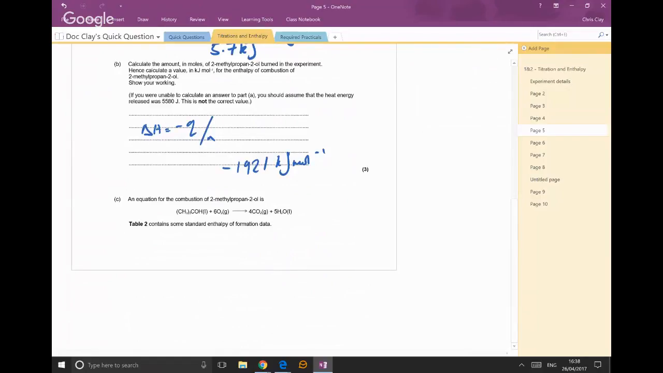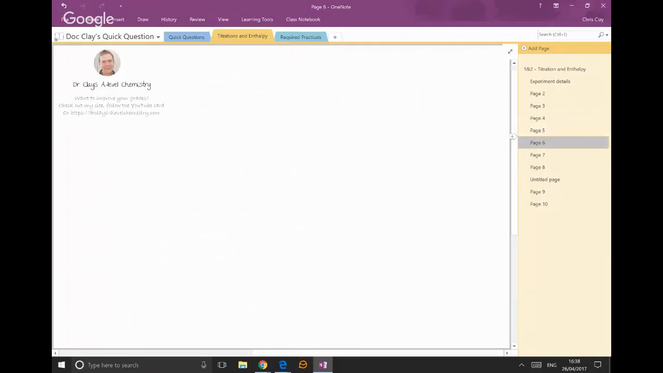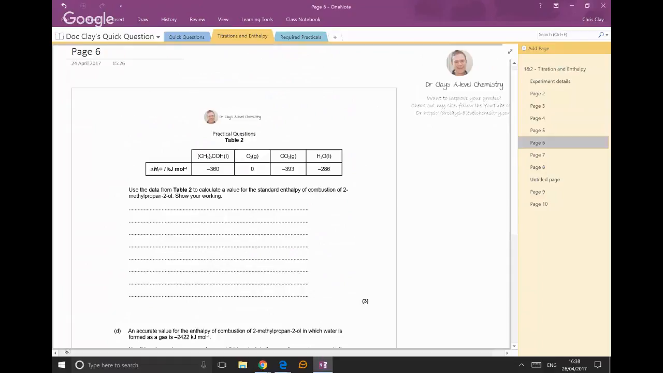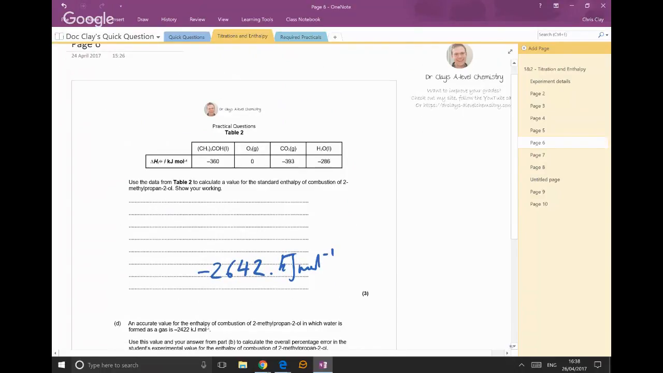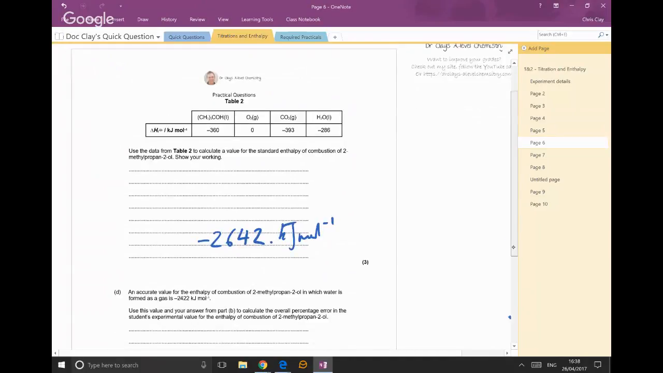Is in the enthalpy questions. Once again, this is really theory rather than particularly practice, but just for completeness, so you can sit there and have a go at another time, because I want to look at practical details. It's minus 264 kilojoules per mole minus 1. Okay, now here's the actual practical question, an accurate value